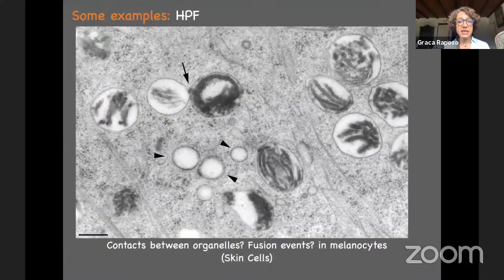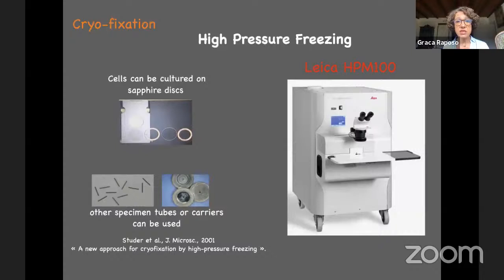So here, this is again an example. You can see here very, very close contact. Can we detect maybe a fusion event between? I'll come to that later to show you how we can do it. But you can see here also very nicely, for example, microtubules and all these vesicles around with the optimally preserved volume. So this is how it is.